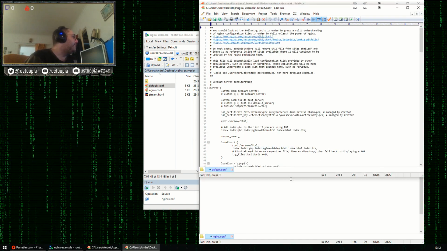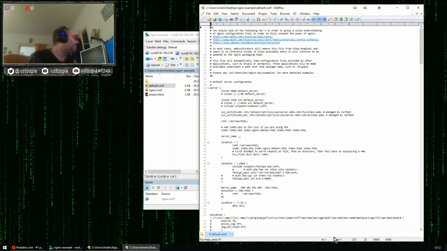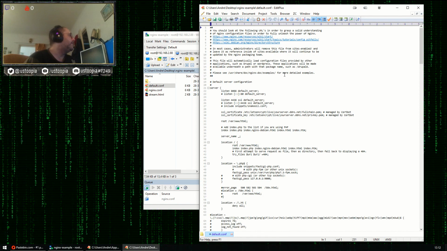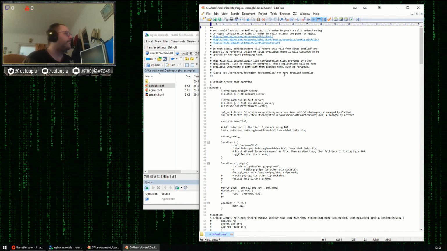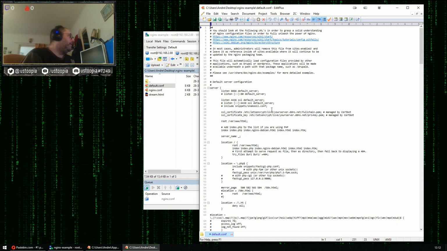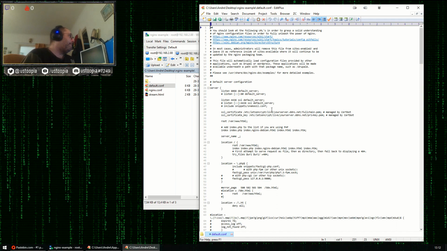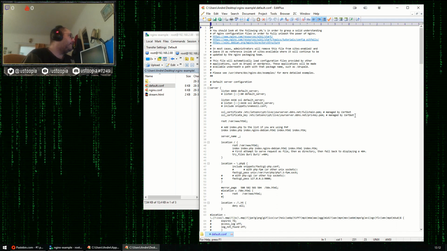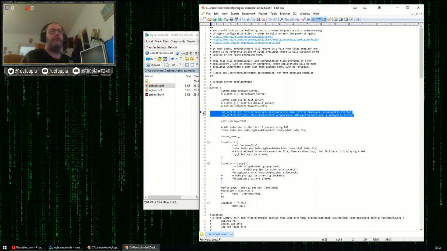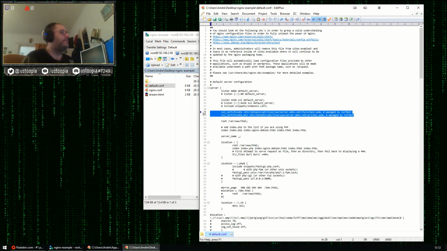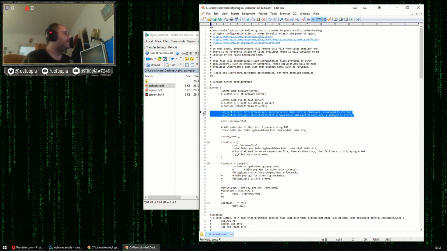Now we still have to look at the default configuration file for Nginx, so for the default server. I set up SSL already. It's really easy to do, to set up certificates using certbot or Let's Encrypt.